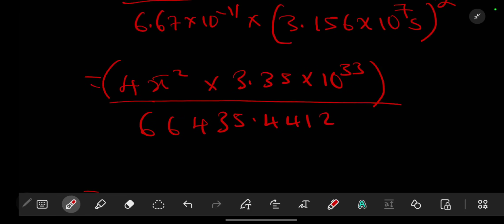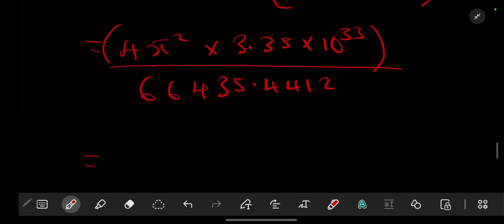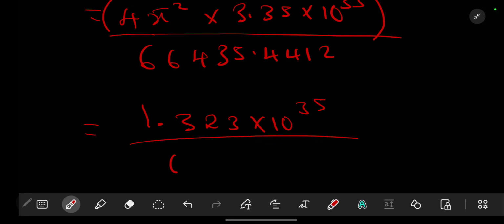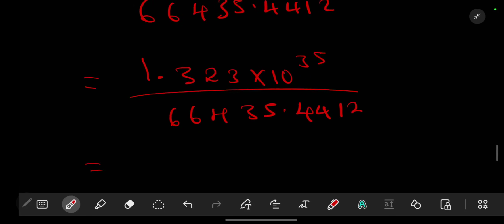So we have our open brackets 4 pi squared times 3.35 times 10 to the power of 33. Close the bracket, divide. So the value it's giving me, just in case there are those that want to be writing, it's on top, it's giving me 1.323 times 10 to the power 35 over our value of 66435.4412. So when we divide, we put everything in brackets, then divided by